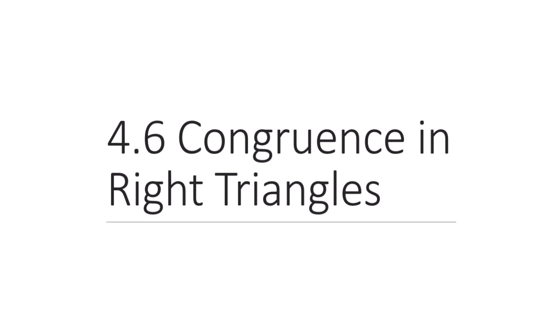We talked about the anatomy of an isosceles triangle last time, and one commonality is we have legs in a right triangle. Now, in an isosceles triangle, the legs were always congruent. In a right triangle, they're not necessarily congruent. You can have an isosceles right triangle, which I'll let you figure out the dimensions or maybe the angles of that particular triangle. But for now, we're just generally talking about a right triangle where the legs aren't